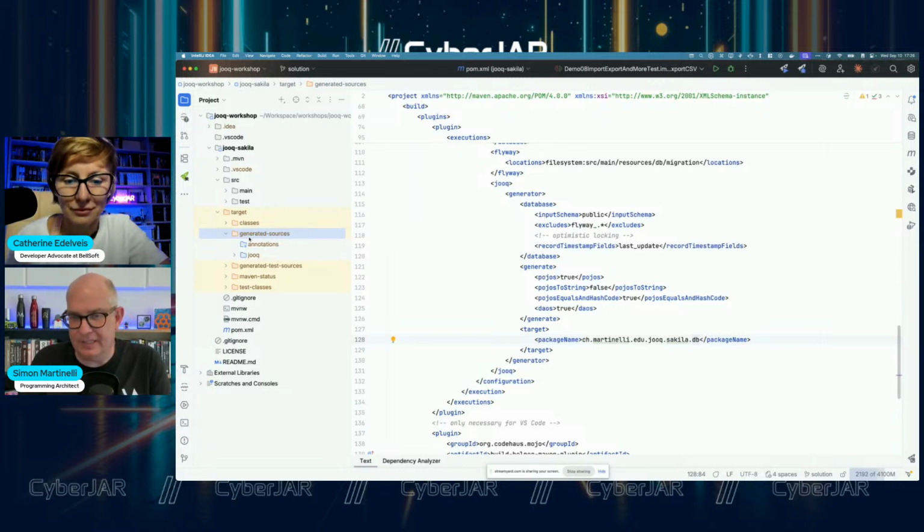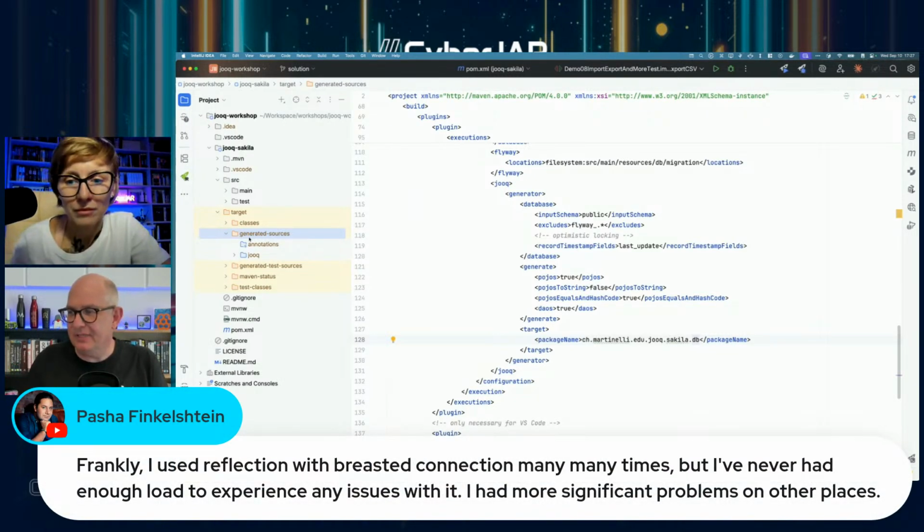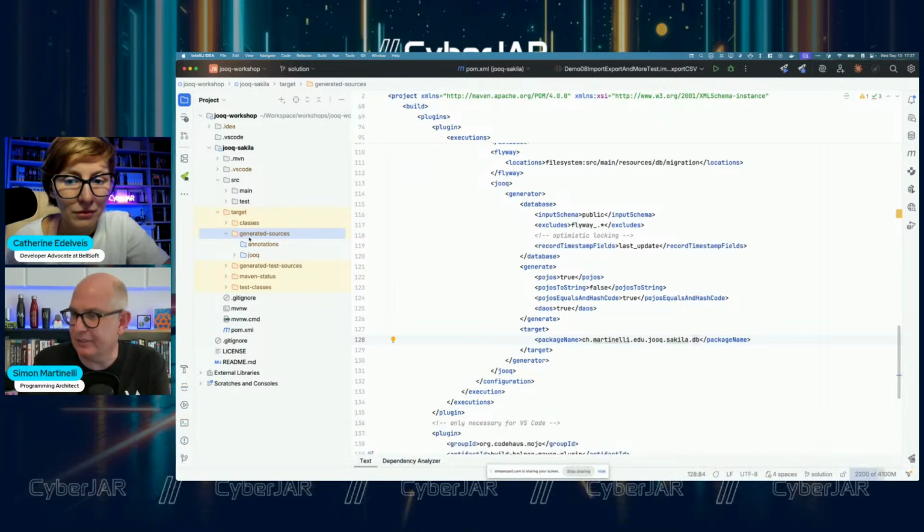For example, I have a customer that has an ERP product that has 2,000 tables, and they also have 6,000 SQL procedures or PL/SQL stored procedures, and jOOQ generates a class per database object. That means we have around 11,000 classes generated, and compiling 11,000 classes takes a while. So in that case, we do that in a separate continuous integration step and generate the jar file that we put to the main repo and then integrate.